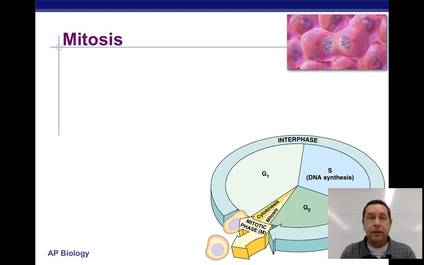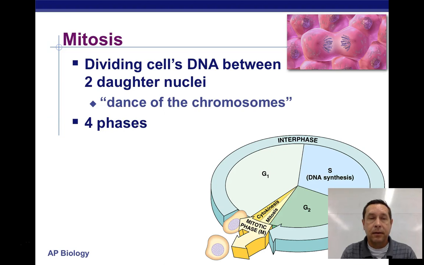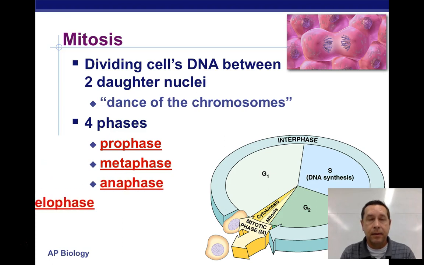And then mitosis is basically the time when the DNA is being divided into two daughter nuclei. So it's division of the nucleus. There's 4 phases. You guys probably learned these before: prophase, metaphase, anaphase, and telophase. In a future video, we'll talk more about each of the 4 phases. Then typically mitosis will be followed by cytokinesis, the division